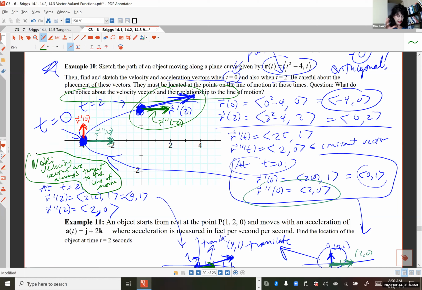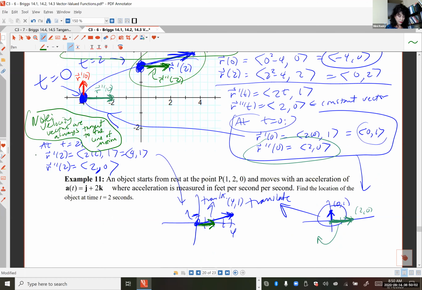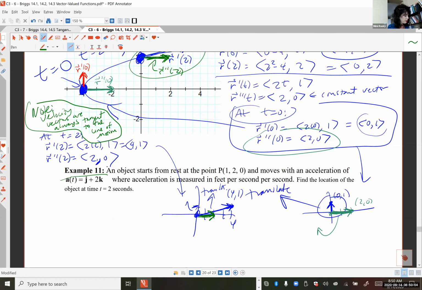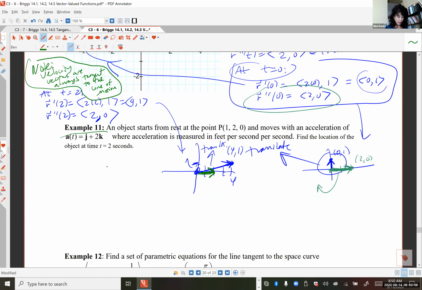So keeping that in mind, I'm going to do example 11 right now, and then we'll take a pause for any questions on these two examples here. So example 11,